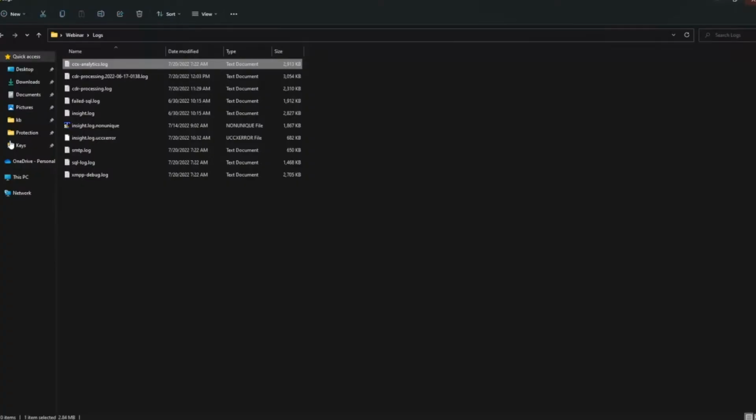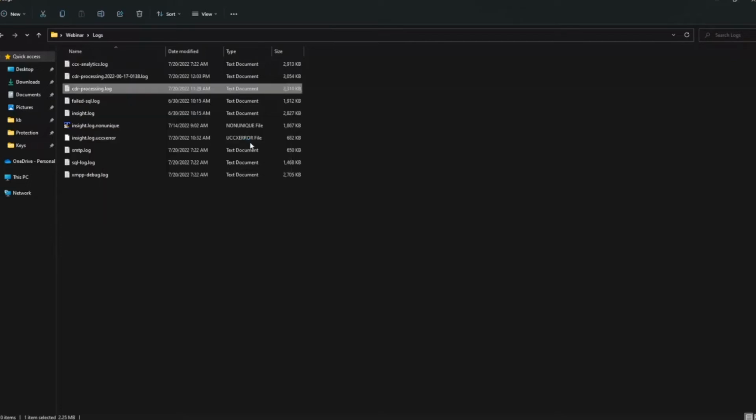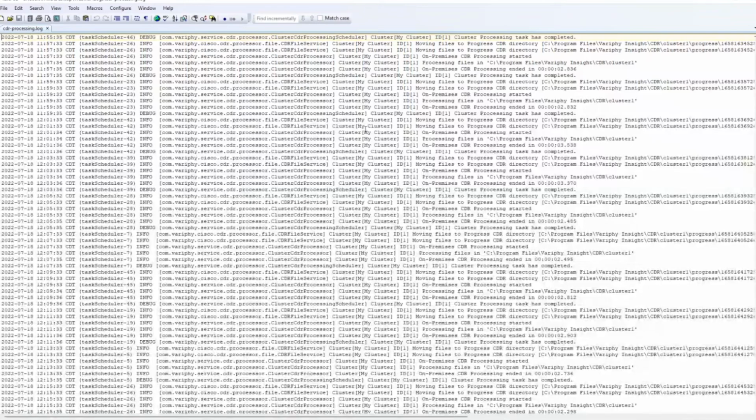Let's jump into processing. So this log, we'll go here first. This log shows you everything on the processing side for column matcher and cube. So we'll see a little bit here. A lot of it is just repeating, where you can see it starts collection, it goes out, it looks for files, and then if it finds anything, it'll show you. So really this is just the task going on processing.